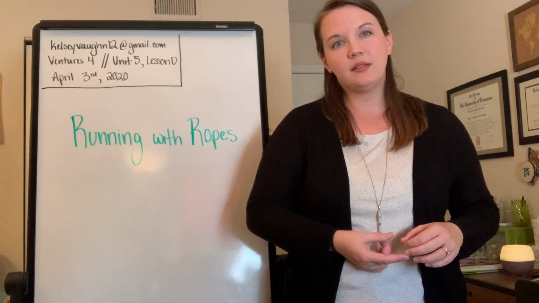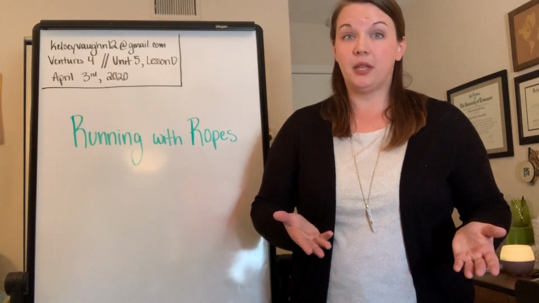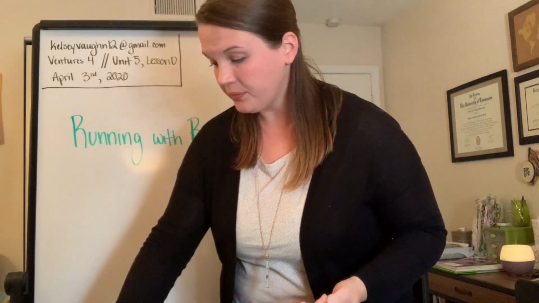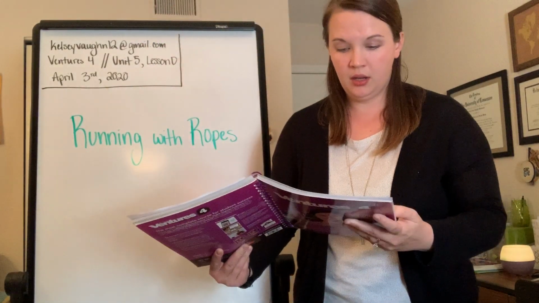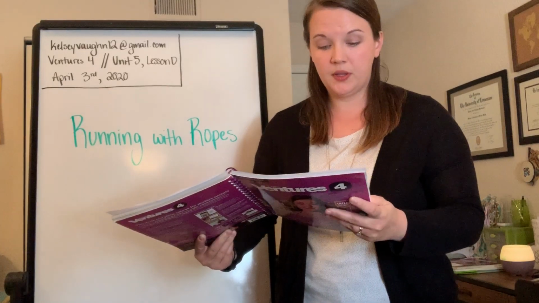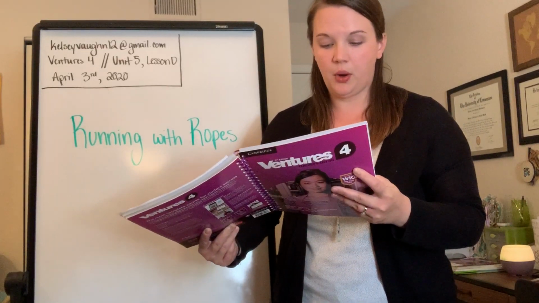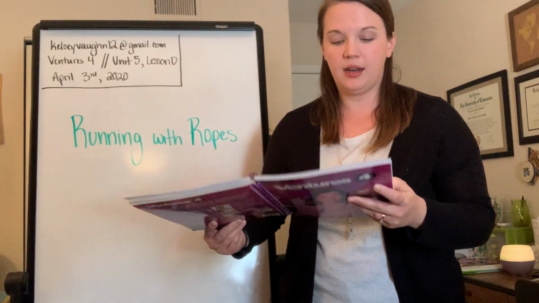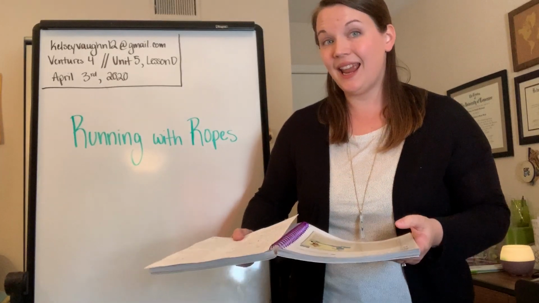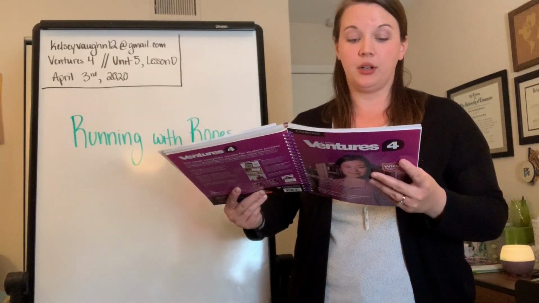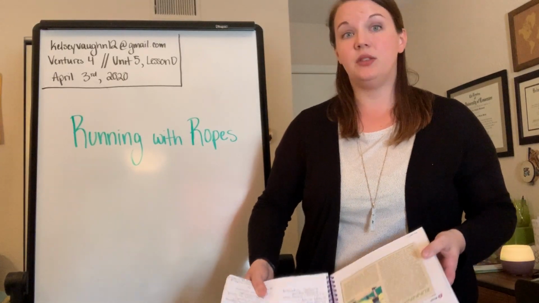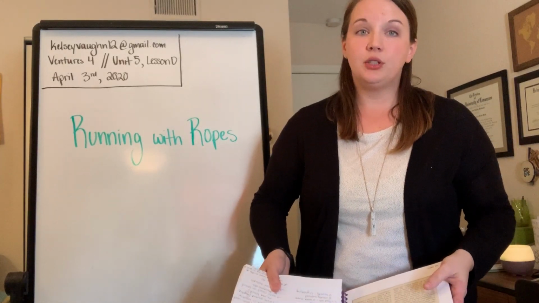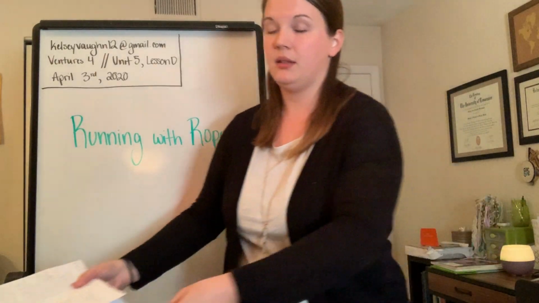Do you know what that means? You can probably guess from the context. It says, Running with Ropes, this is the first paragraph. Running with Ropes is an organization that assists blind and visually impaired runners. So you know blind. Blind means you cannot see. So visually impaired means